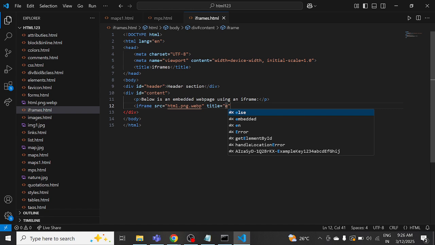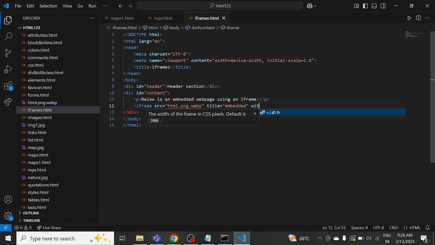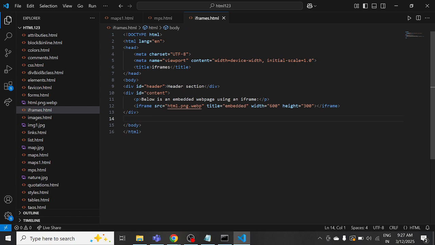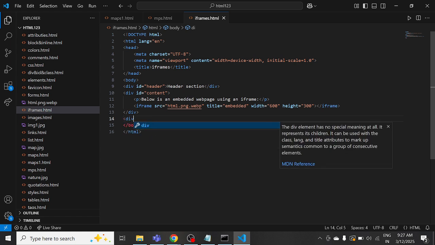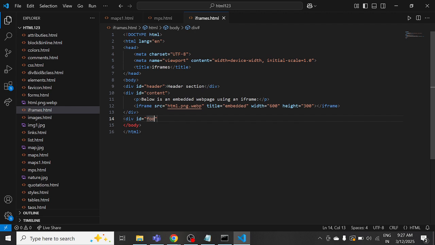Okay, so here I'm using the embedded width, so I need to control the width. This is the Bootstrap class I'm using here. I'm taking the default size of 600, and the height also, for fitting, will be 300. So here I'm going to close it with the ending tag. Already you know how to take a footer section. The footer section is the bottom of the HTML page. What is the header section? That is the top of the HTML page, right? Taking like this,